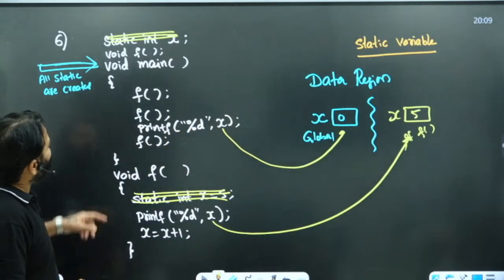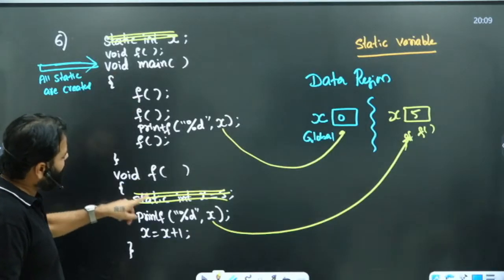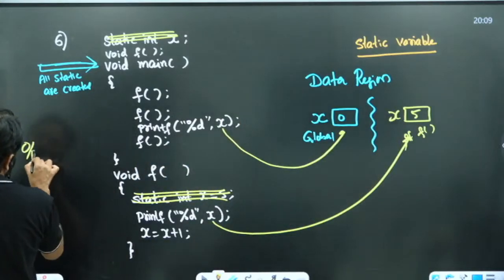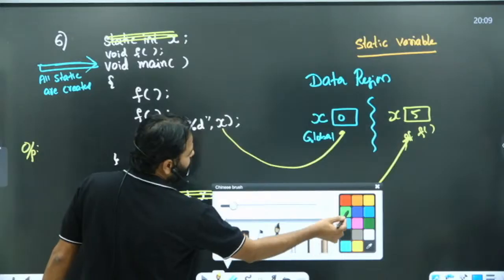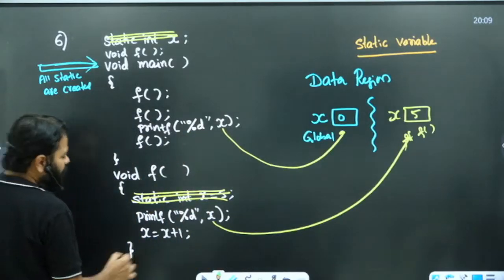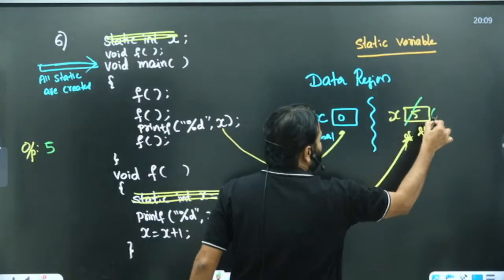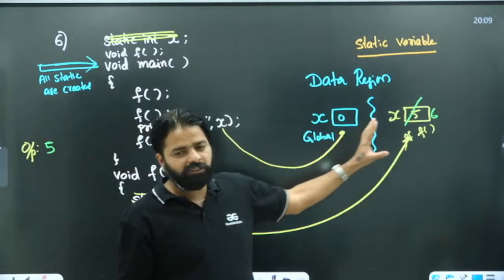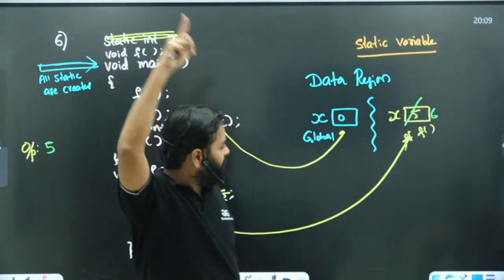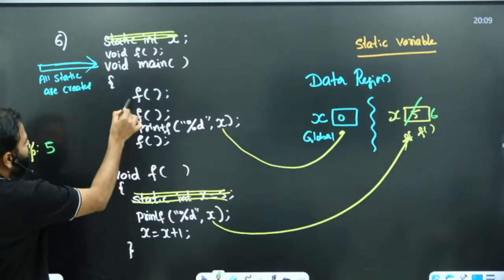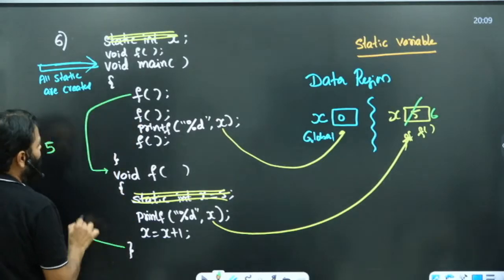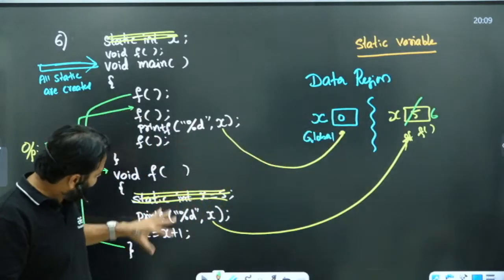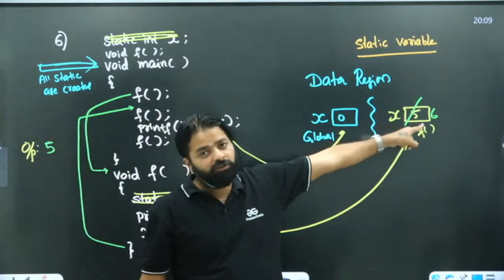Now you can easily understand. It starts from the main, you call f, it goes here, and which x will print? 5 will print. So the first output is going to be 5. And you're doing 5 plus 1, 6. When you're going back, that memory will not be deleted. The memory is created only once and deleted at last. Then this x is still there. When you come back again to this function, the same x will be accessed, not a different x.